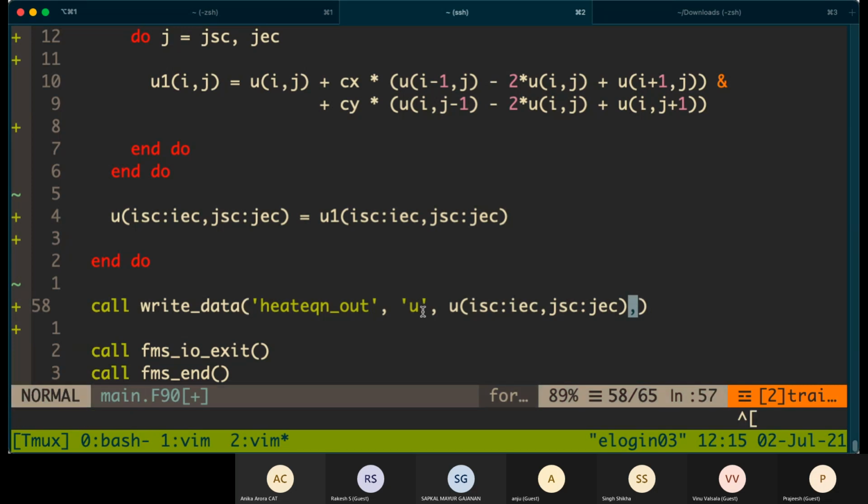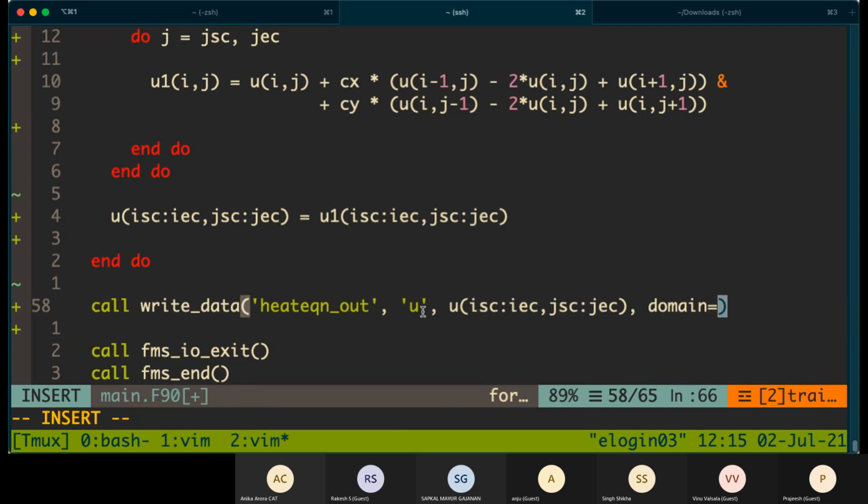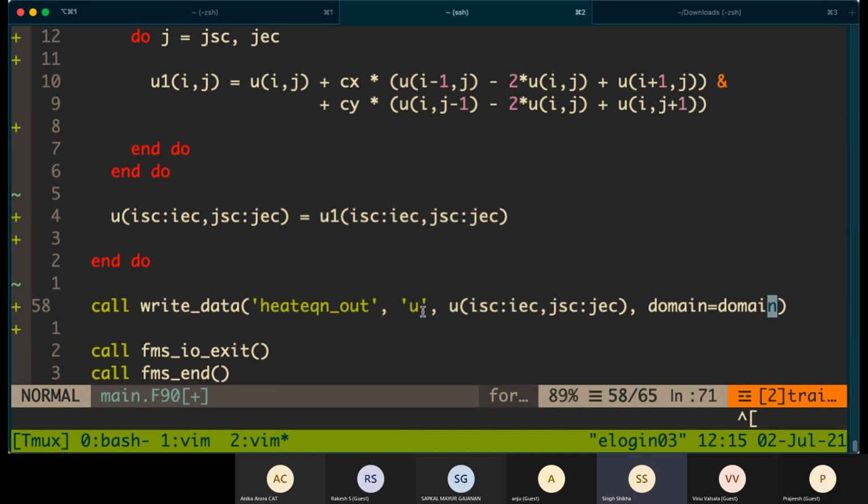But actually, write data takes another argument called domain, and if you give the domain here, then it will combine the output and then write.